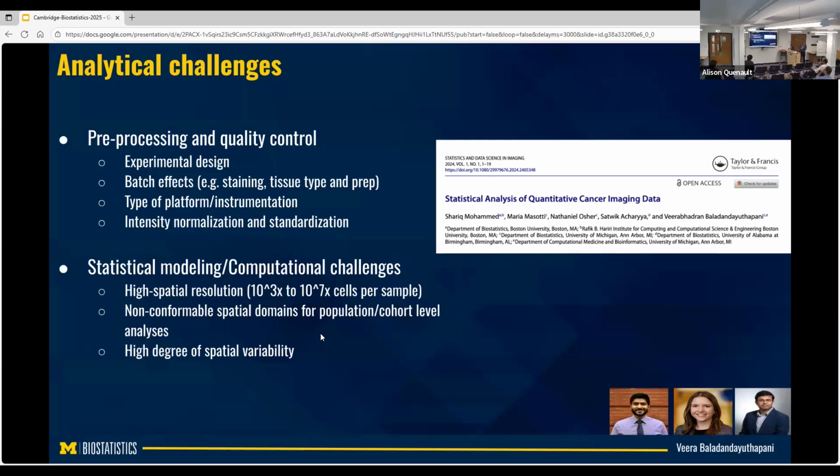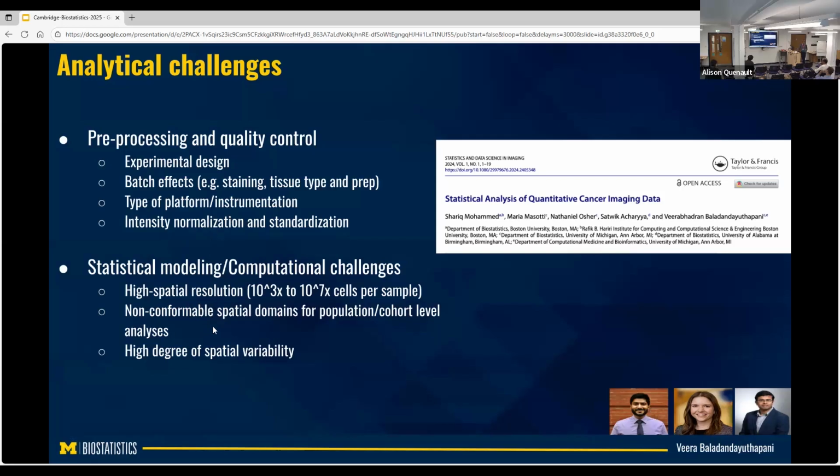But having gotten past that, even the type of instrumentation matters, because these are images, like a red in one might not be the red in the other image. It might be intense. So there's a lot of normalization and standardization. It's not a solved problem, but some reasonable solutions exist to get the data to a format which is analyzable, so the matrix that we can load up in our Python. But having gone through that, the main modeling comes in.